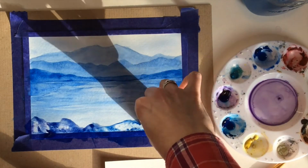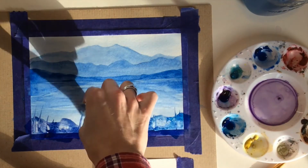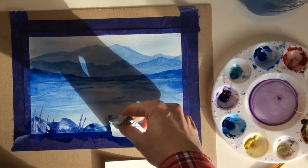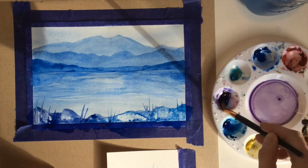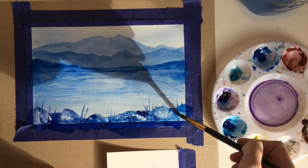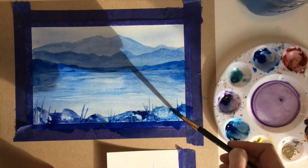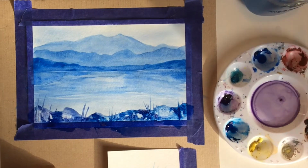Creating interesting shapes. It could possibly be rocks, throwing in some grass using the edge of the credit card. Now what makes these rocks look like rocks is that you have a highlight and a shadow. So I'm throwing in some more shadows here. And it's okay that it's wet because it just adds to the